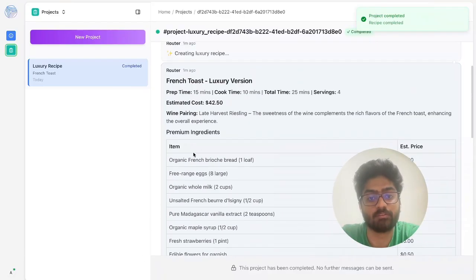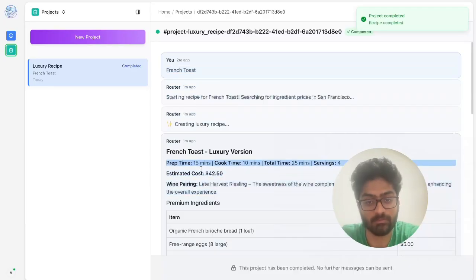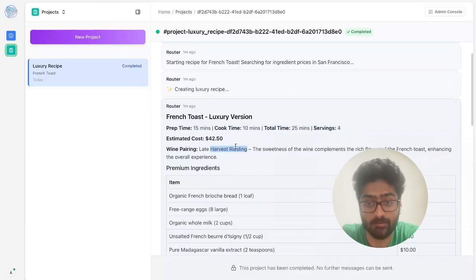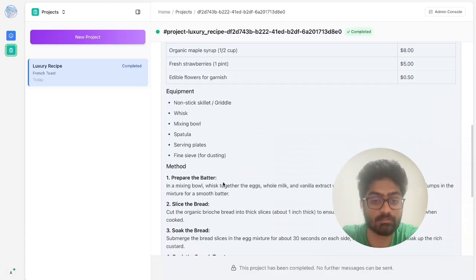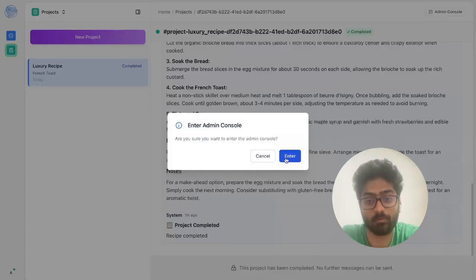So this one I asked about French toast, a luxury recipe. It made a luxury recipe in a specific format. It gave us a wine pairing: what's the best wine that will suit the dish it creates? It gives you items like free range eggs, whole milk, and all the necessary stuff, equipment, and the methods and notes to build this dish. I've also launched this open agent on